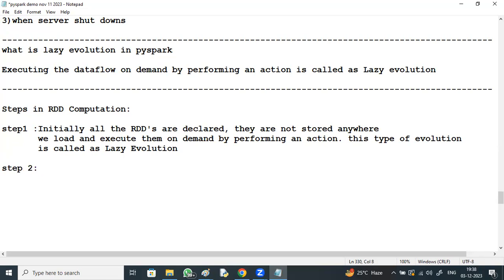Eager evaluation means that when declared, it is executed immediately. Spark supports only lazy evaluation. Whenever required, we execute.